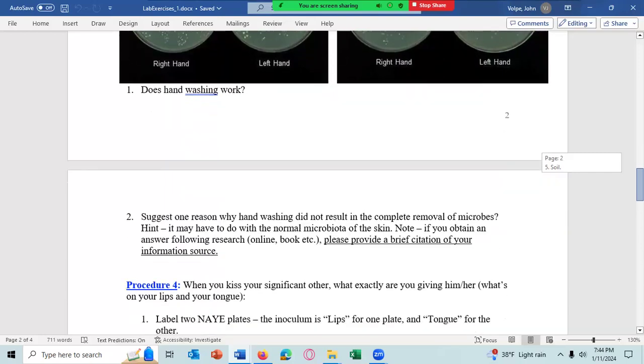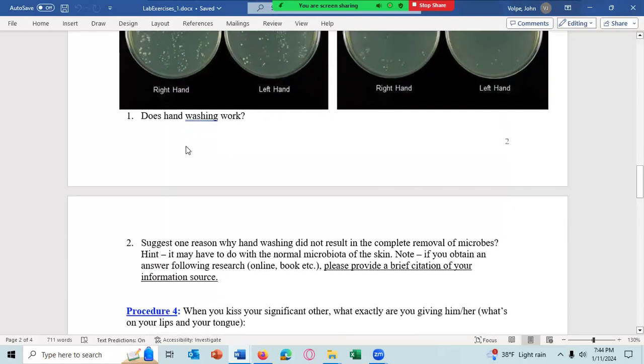And the first question is, does hand washing work? Also, yes or no, although you can optionally explain it. And then procedure 3, number 2, suggest one reason why hand washing did not result in the complete removal of microbes. Hint, it may have to do with the normal microbiota on the skin. Note, if you obtain an answer following research, please provide a citation of your information